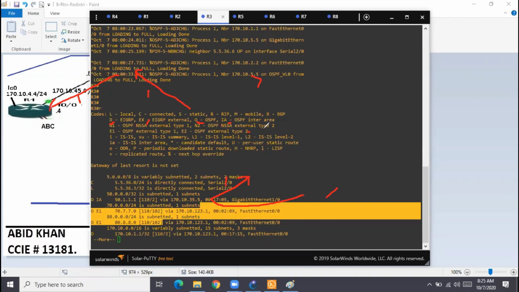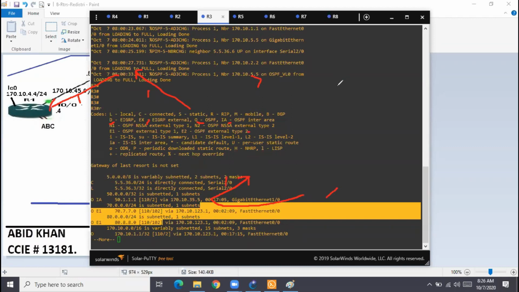If you receive some routes, you advertise the routes and tag them as what? EX. That's it. Calculate the metric, whatever metric. There is nothing like realistic and unrealistic, because metric is already mandatory. If you put 5 times 1, the metric will be calculated as per 5 times 1. If you put the realistic metric from the interface values, then the metric will be calculated as per those values. That's it.